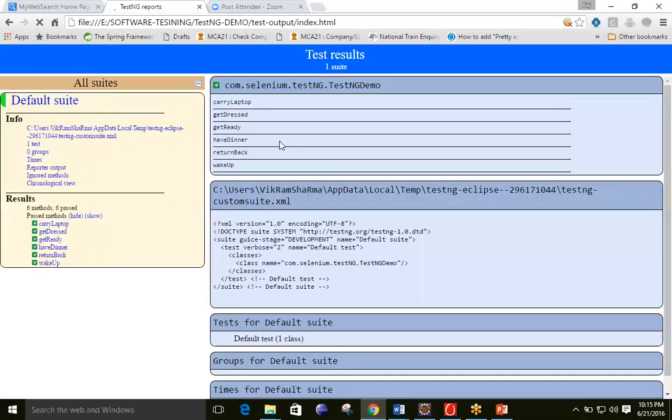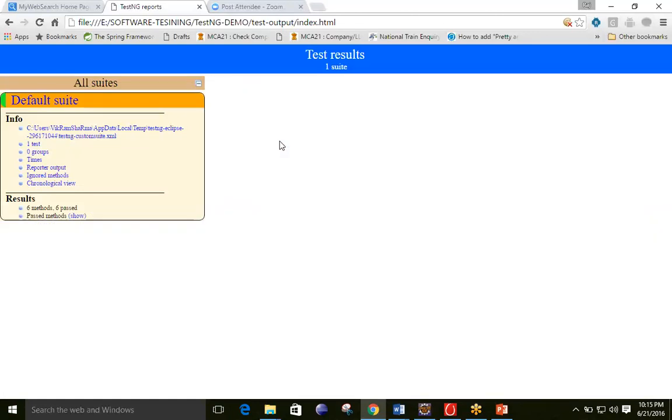You can see, let it open. It says TestNG reports, and we already discussed that as compared to JUnit, TestNG is going to give you a more attractive report, and you can see it has given you the report in this form. Here you can see 6 methods, 6 passed.